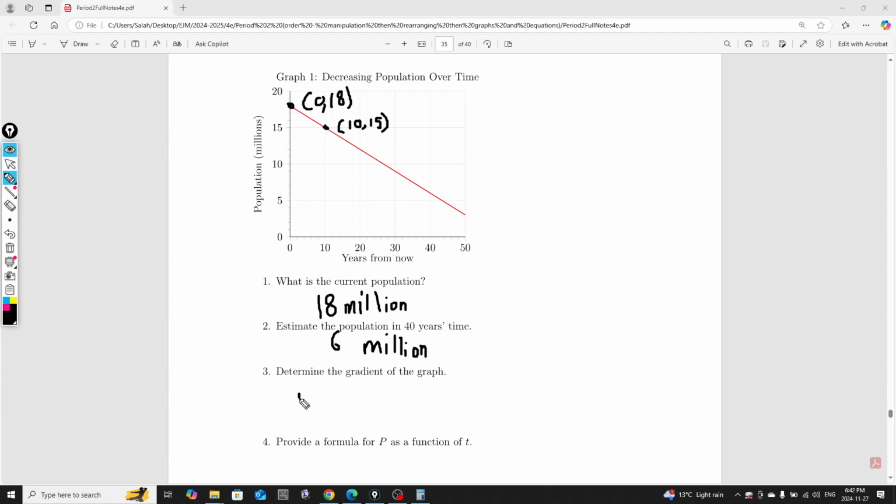So here we're going to go with the gradient. Now we know that the gradient is the same thing as the slope. It's a measure of the rate of change, which is the vertical change divided by the horizontal change between those 2 points. So my vertical change is to go from 18 to 15. Now that's a vertical change of 3, but because you always read your graphs from left to right, and because we decreased, that change is not positive 3, it's actually negative 3. So negative 3 million people,